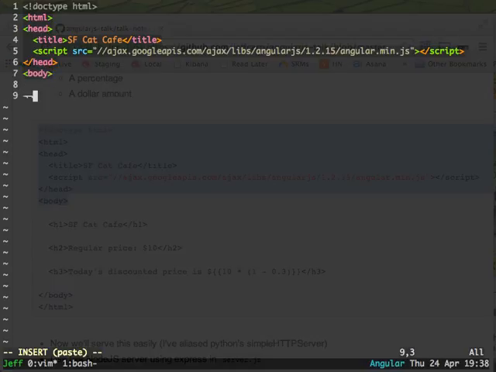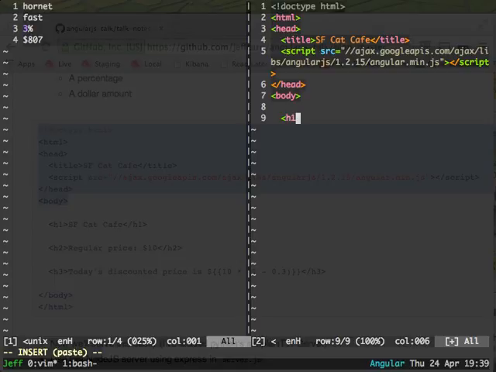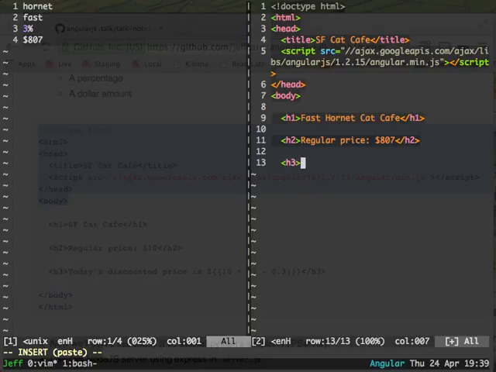So this is going to be called the Fast Hornet Cat Cafe. And our regular price is, it's not going to be $10. Sorry, it's going to be $807. Kind of an expensive cat cafe. And then today's price is,